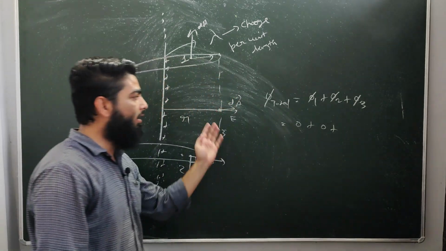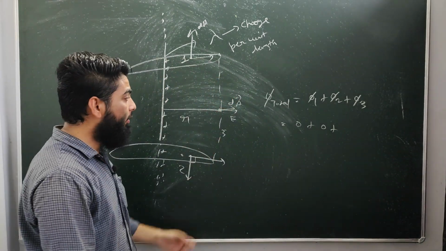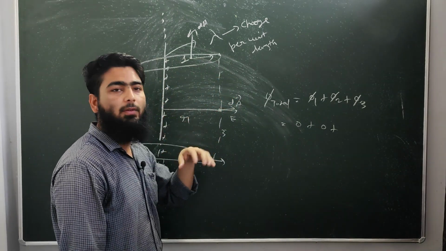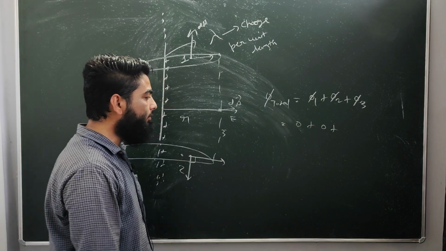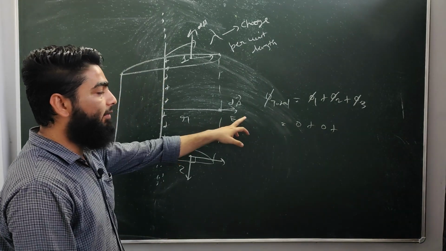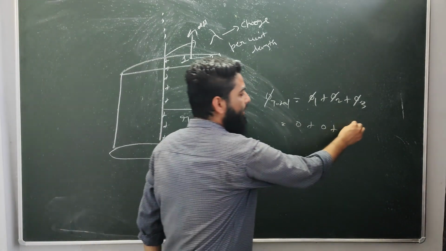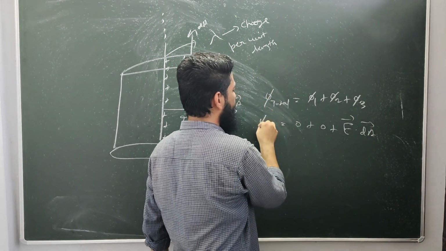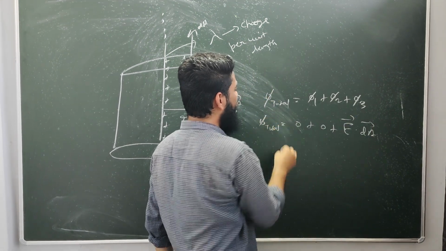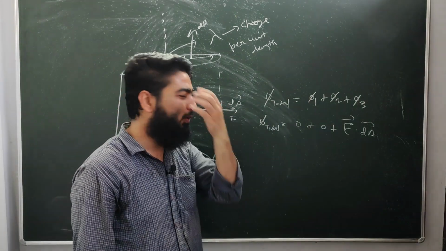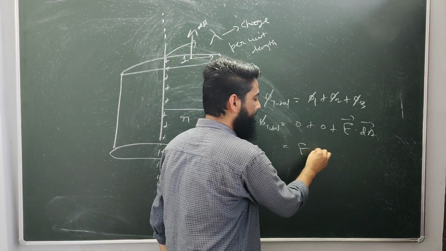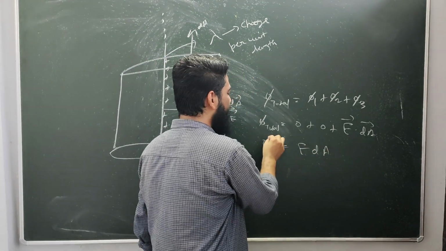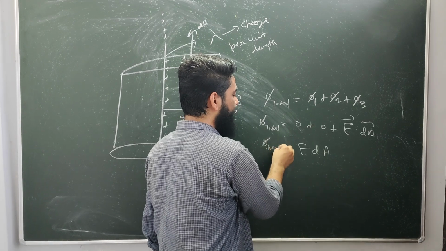The remaining part is the curved surface of the cylinder. So curved surface area you already know, but we will place the value afterwards. So what can I write with the basic formula? Can I write E dot dA? Now tell me, what is the angle between E and dA? That is 0. So can I write simply E dA? I have written E dA. We just need to integrate this term.